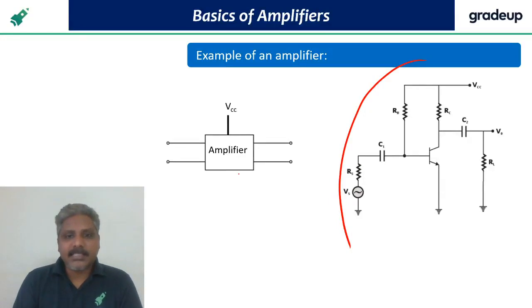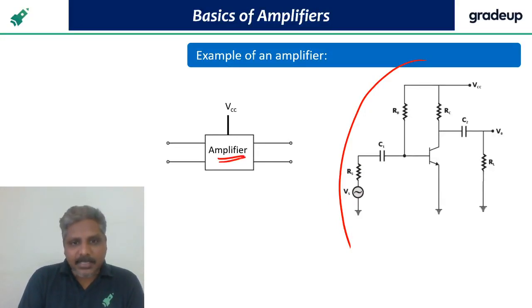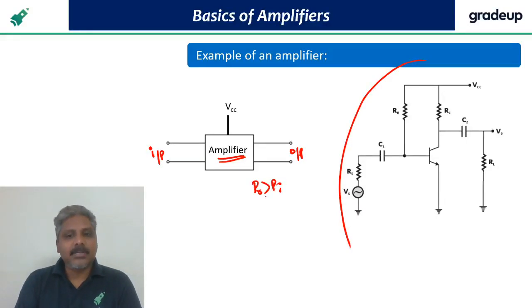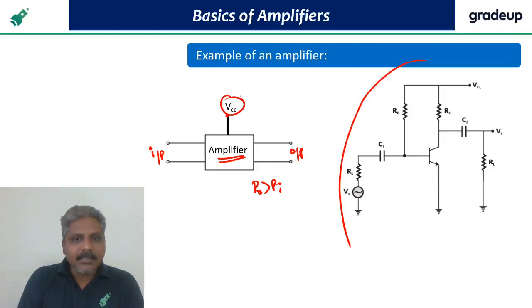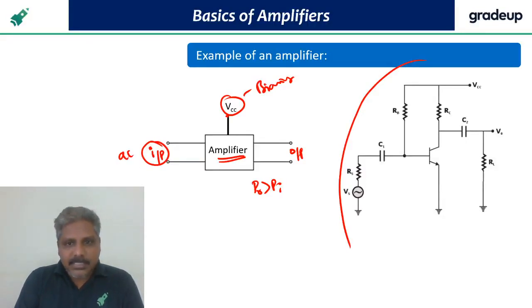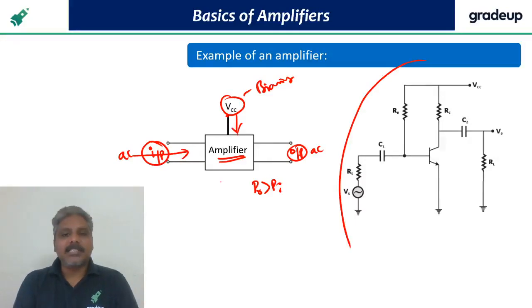See, guys, once again, listen to me. This is an amplifier circuit. Here is the input. Let it be any amplifier, CE, CB or CC, whatever. Here is the output. We are saying that output power is greater than input power, right? How is it possible? By applying this DC. This is what we call biasing. What is the signal you applied? AC signal. What is the signal you are going to get? AC signal. That means an amplifier has the applied AC signal and also DC simultaneously. The amplifier has both AC and DC.